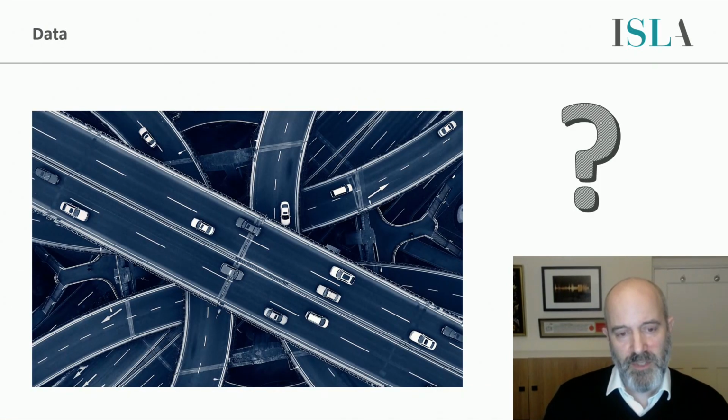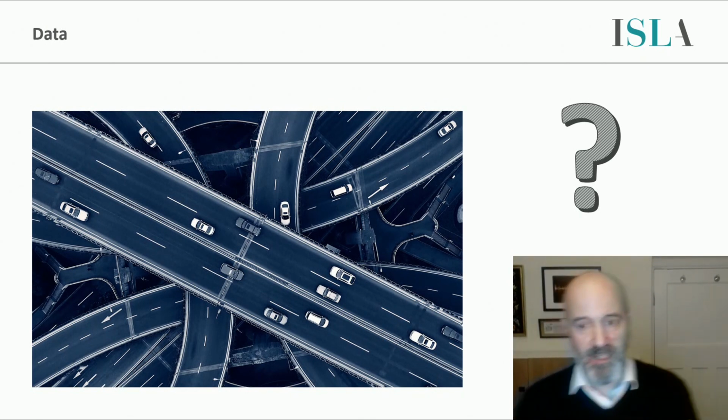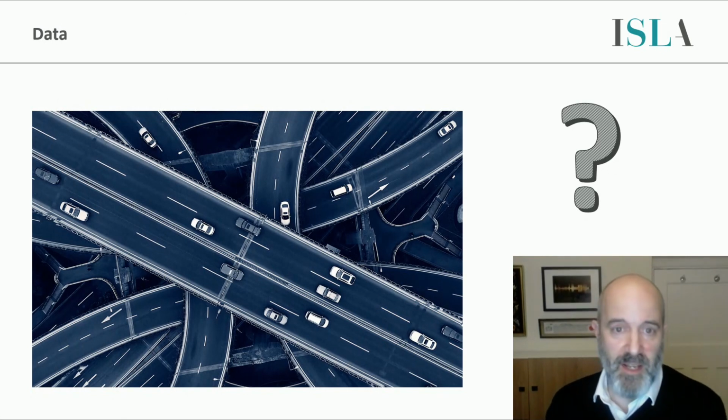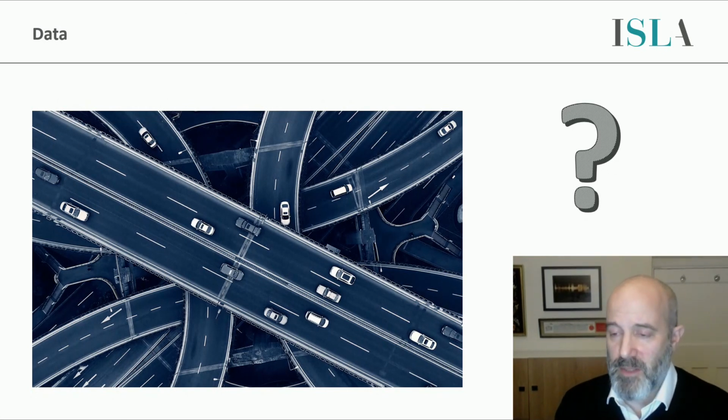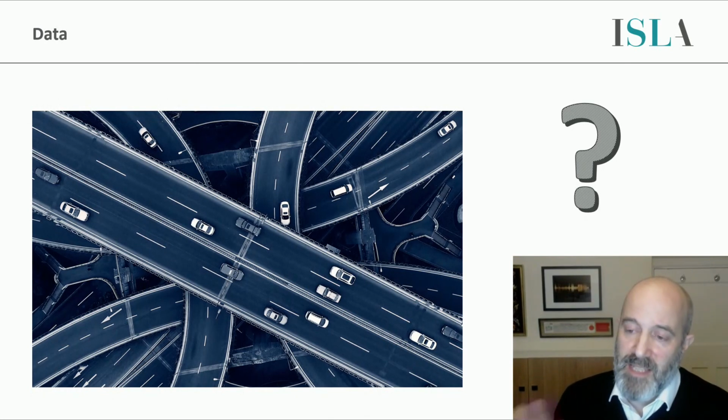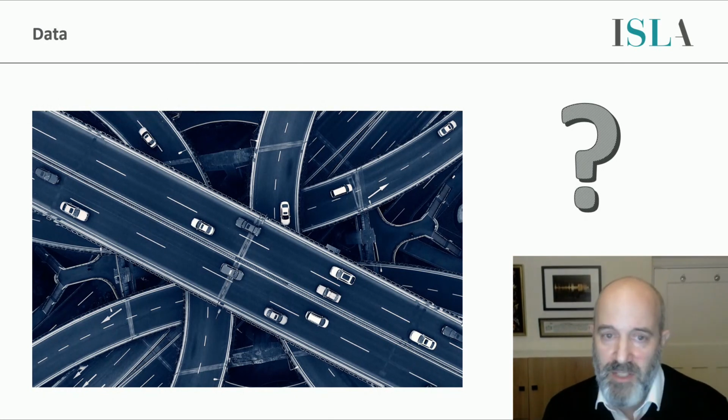So I couldn't let an opportunity go past without mentioning data and how important it is. And I've picked this picture because it resonates quite well with the type of thing that we're trying to address. The analogy here is that the roads are the systems and the cars are the data. And of course, the data loves flying around in the system that it was designed for, but it doesn't necessarily like moving between different systems.